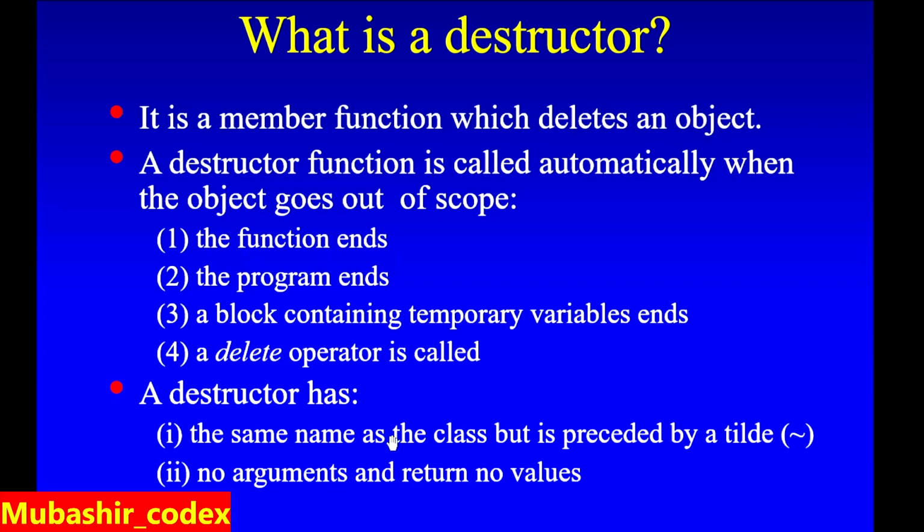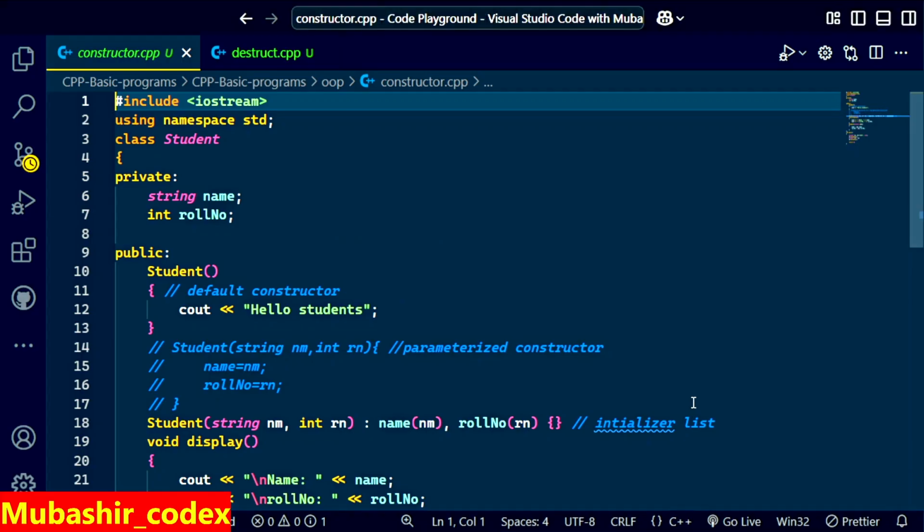It is a special member function. It does not take any arguments or any return type, and it is represented by a tilde symbol over here, and it is used to delete the object whenever the object goes out of scope. If you do not provide a destructor yourself, the compiler will automatically call a destructor for you. So let's write it in our code,